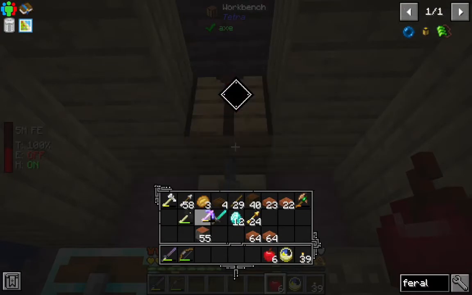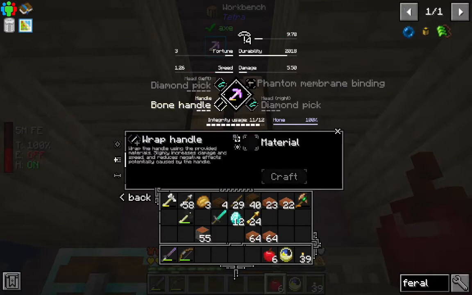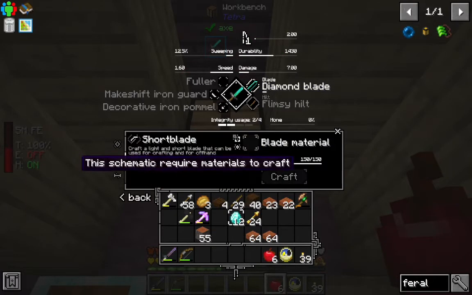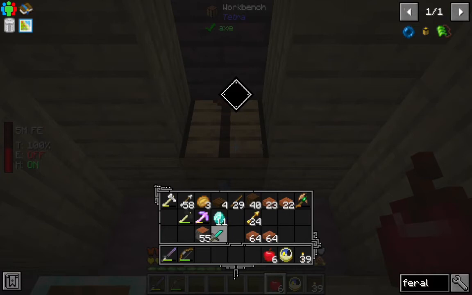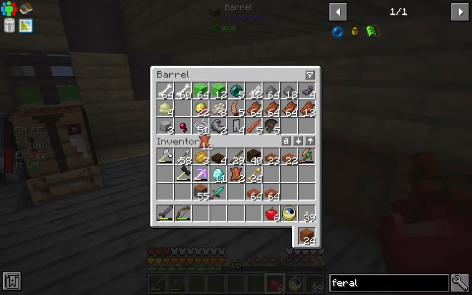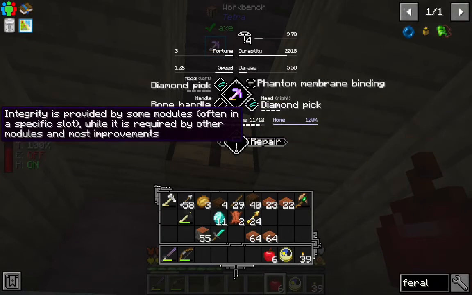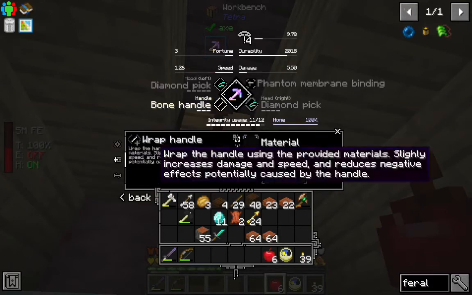Still working on the house, but, whoops, did I leave the... I feel like the leather gets eaten when you do that. But anyway, we need a better cutting implement. And it looks like this is the thing that we need. I want to try wrapping the diamond pickaxe with leather anyway. It has almost no integrity left. And I'm hoping that wrapping the handle